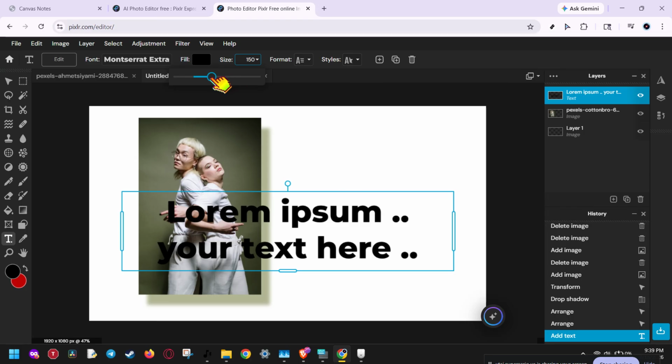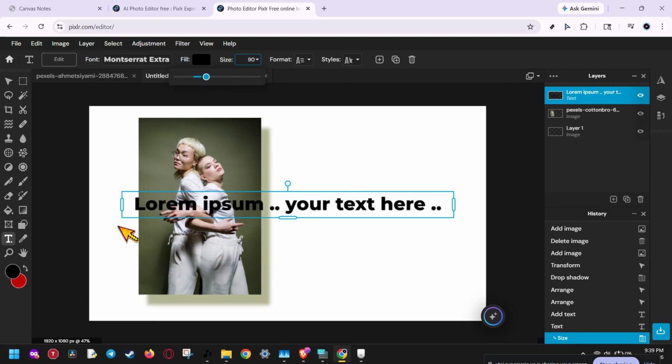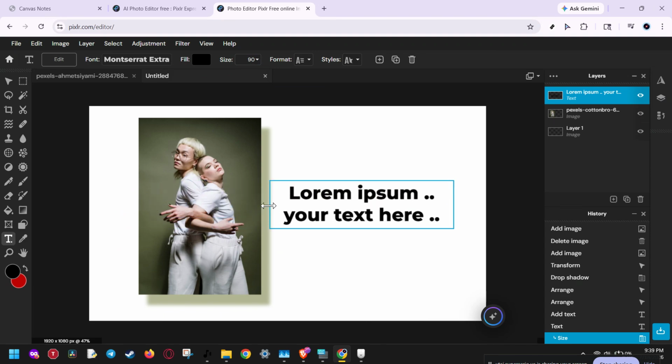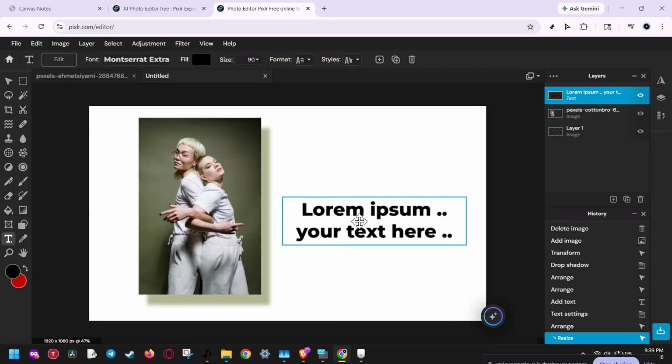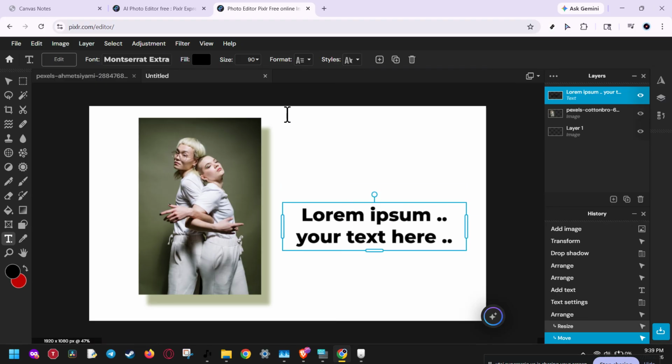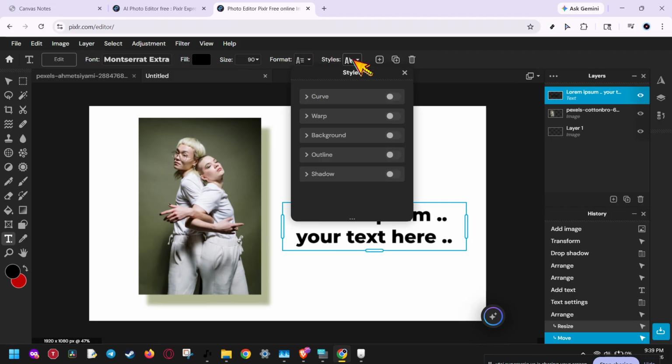Once your text is on the canvas, highlight the text so Pixlr knows exactly what you want to edit. Highlighting it is important because the curve effect will apply to the selected text. Next, go up to the top menu bar and click the Styles button. This is where Pixlr gives you different text styling options, including special effects that can completely change the look of